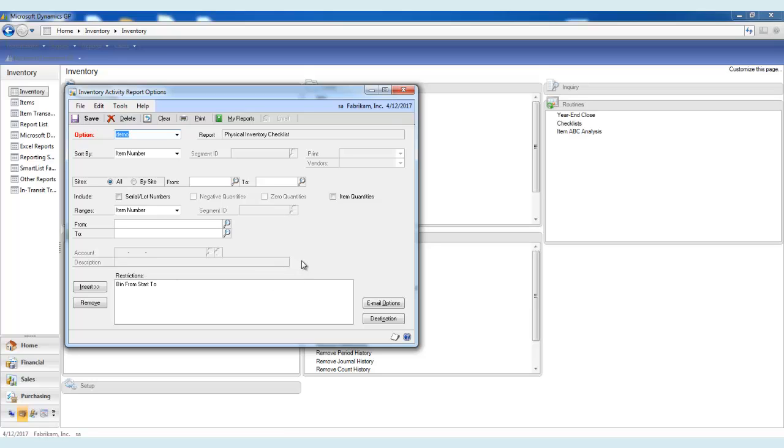You have the option in this reporting window to tell it that you want to include your item quantities and your serial lot numbers, so that if you want the individuals that will be doing your inventory count to be able to see that the inventory serial or lot numbers on your shelves match the ones on the report. The only drawback about including the item quantities is that